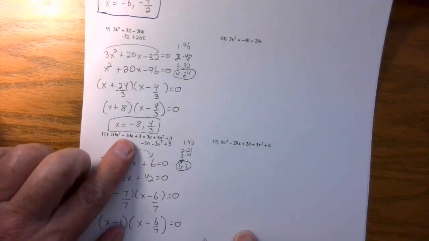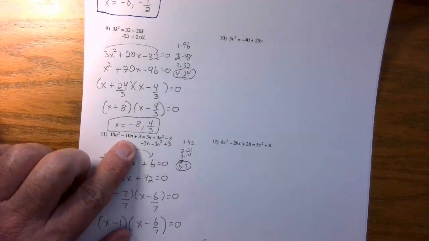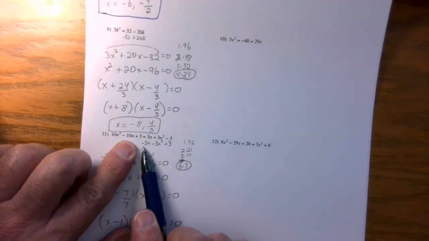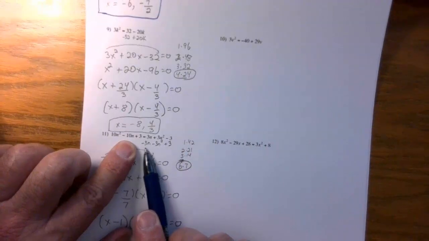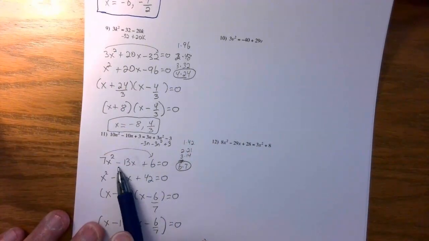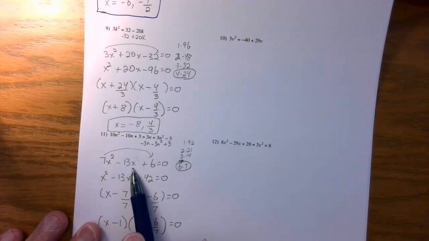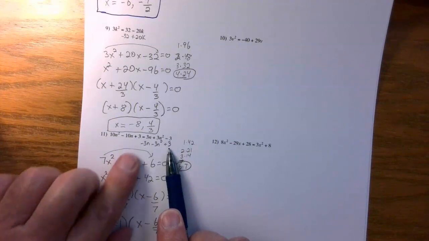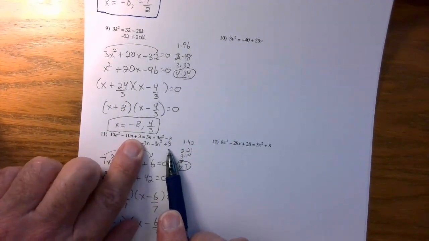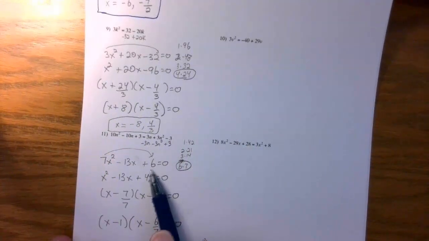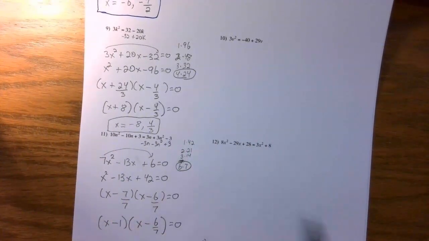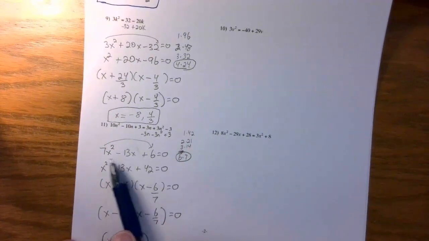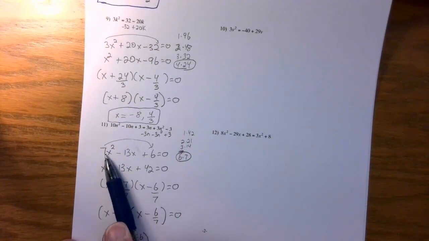But I have negative 10n right there. And again, I'm adding another 3 negatives to it. So now I have a bigger negative. So now I have negative 13x. And then that 3 plus that 3 plus 3 plus 3 is 6, okay? Now it's equal to 0 because I got rid of this whole side. It's 0 now. All right, no greatest common factor, but there's a 7 in front, so we got to slide